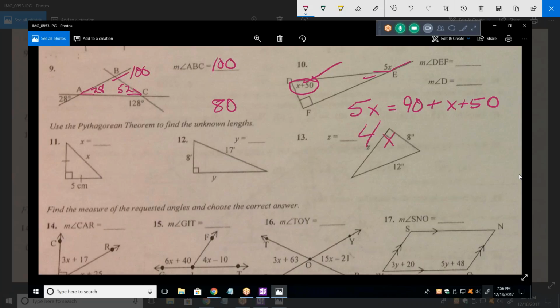Good. Keep going. 140. I added 90 plus 50. Okay. So if we know x is 35,